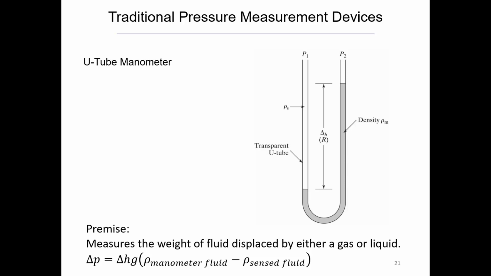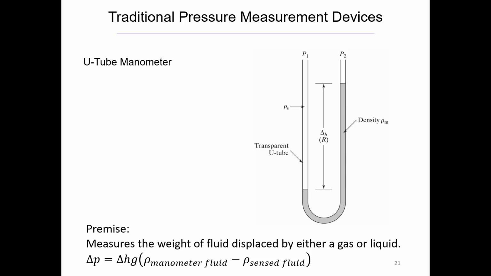So we're coming to the first of the devices we're going to look at. We're going to look at a lot of different pressure measuring devices. This is the first one, U-tube manometer. So the premise is that it measures the weight of fluid displaced by either a gas or a liquid. It's a tube, it's U-shaped, so that's where it gets its name. The premise is we have one pressure here, we have another pressure here. So this could be differential, could be gauge if we had one of them as ambient,